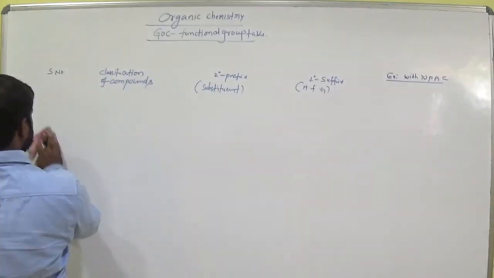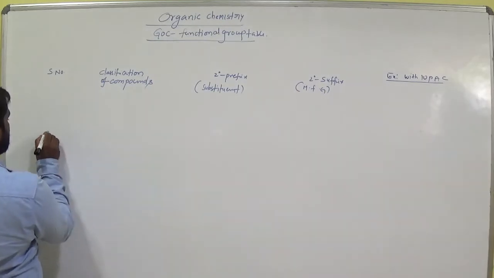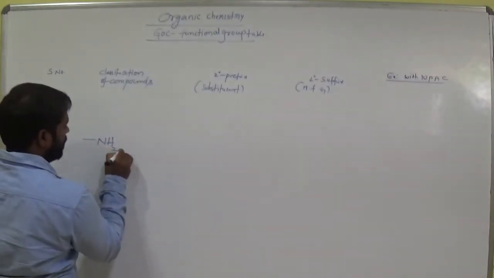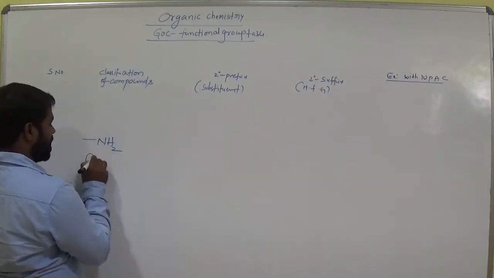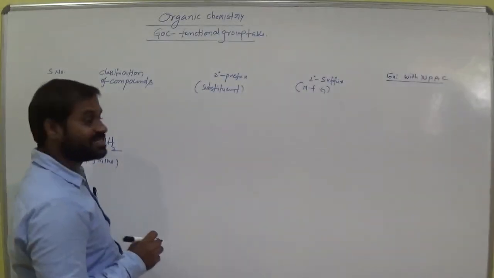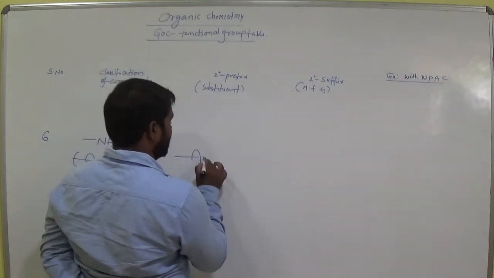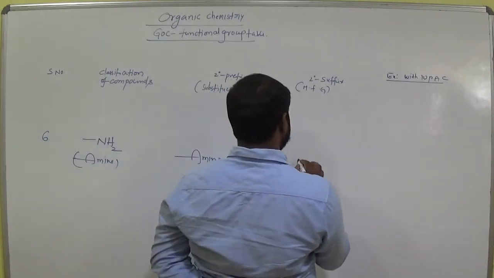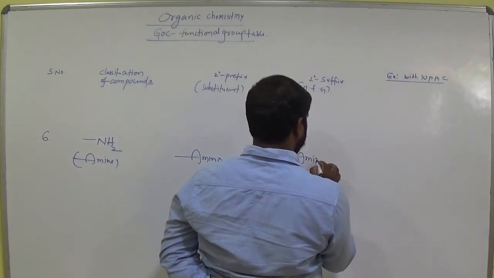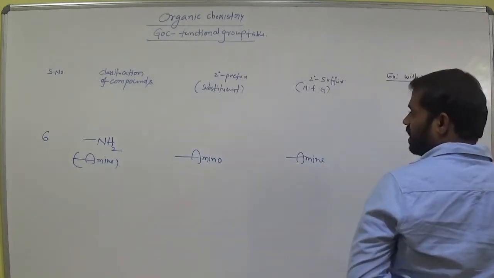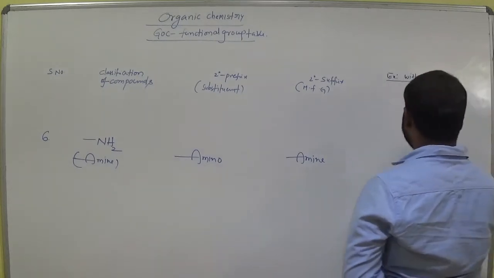And next one is bond NH2. This is called amine functional group. Amine. So amine as substituent, we call it amino, and as main functional group amine. Remember this. As main functional group amine, as substituent amino. So let's see the example.